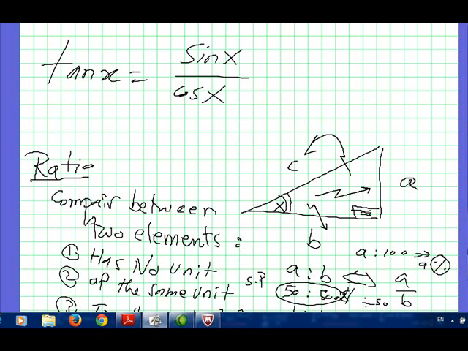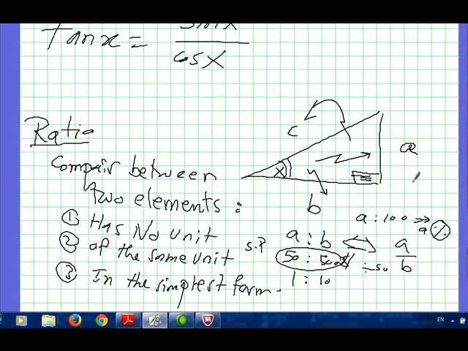Any ratio in the world is a comparison between two quantities that have no unit. We can say A to B in kilograms or meters, for example, in the simplest form and of the same unit. We can't compare between Saudi Riyal and dollar. The currency should be either in Saudi Riyal or in dollar to be able to make the ratio. Also, we cannot say 50 to 500 because it is not in the simplest form. We have to simplify it and write it 1 to 10. So A to B means A over B.